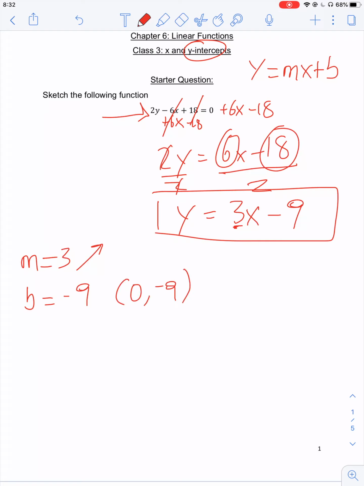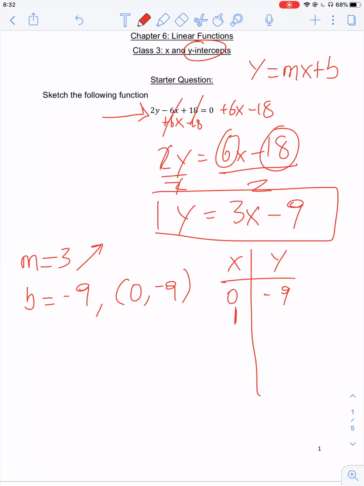Okay, so how would you graph this? A table of values would be nice. So x, y, you know one of the points: you know that at 0, you're at negative 9. And then you can pick another point. Because your denominator is 1, you could increase your x values by 1. There's no problem. And you know what? Let's actually do that. So at 1,